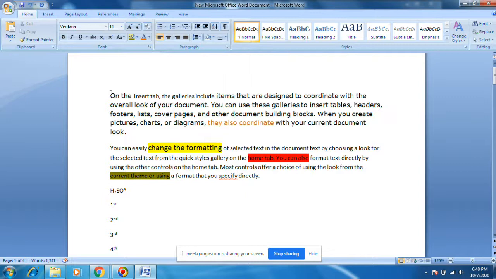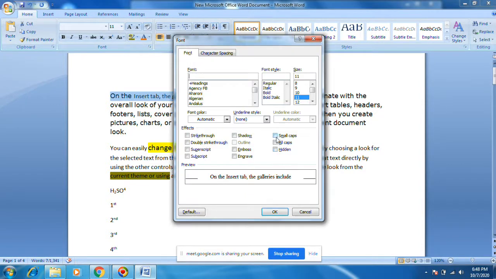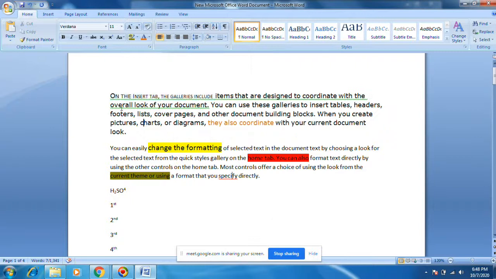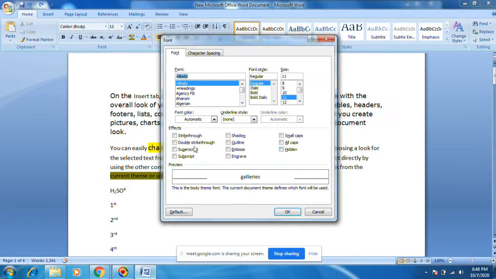Let's try. These are more. Small caps. It is a preview, it will be like this. Control Z, I'm just reformatting, going back. You'll see so many options here.